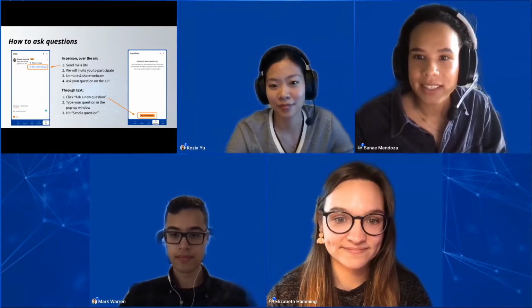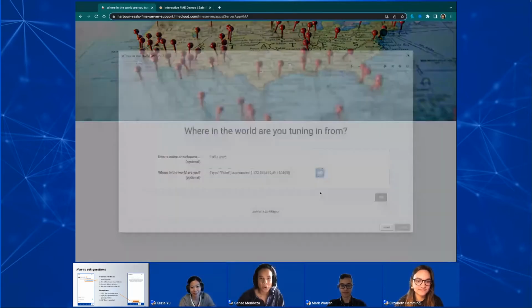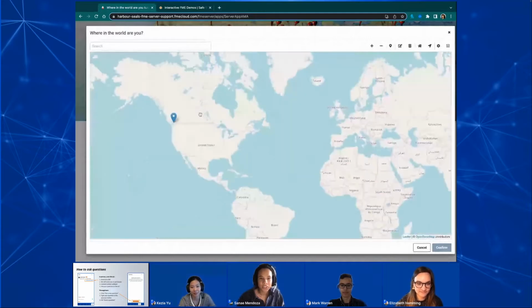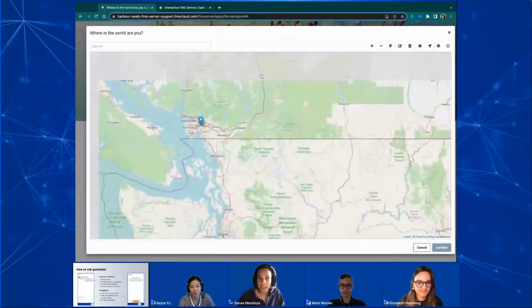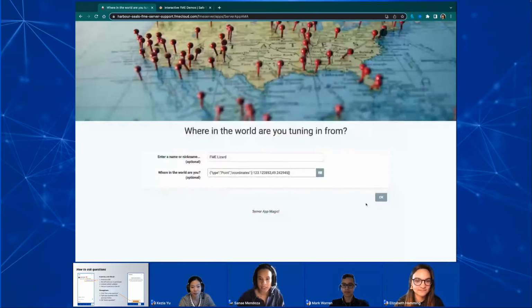Just one moment. Right now you should be seeing a little web application. It's built on top of an FME workspace and took me under a couple of minutes to create. I have a simple form here with just 2 parameters. We can all enter our names or a nickname. You don't have to share your actual name. Then we can use the next form to select on the map where you're tuning in from. For example, I'm going to drop a point onto Vancouver. And then once I select OK,